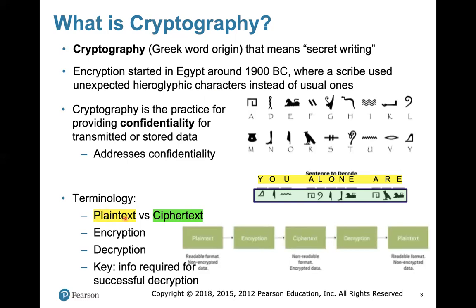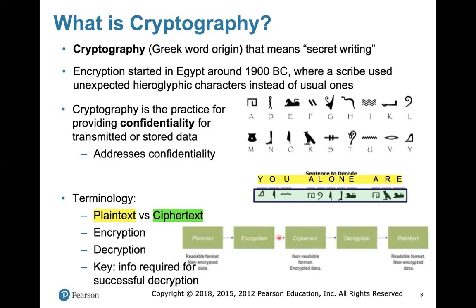We have plain text versus ciphertext. Plain text is a text that we want to encrypt, we want to code, and the ciphertext is a text or the data which is just encrypted or just coded. And then we have encryption. Encryption means the action of encrypting the data. But sometimes encryption is being used as a synonym of cryptography. When people say cryptography or cryptographic algorithm, sometimes they say encryption or encryption algorithm. There is another term for that that I will be showing you in the next slide.